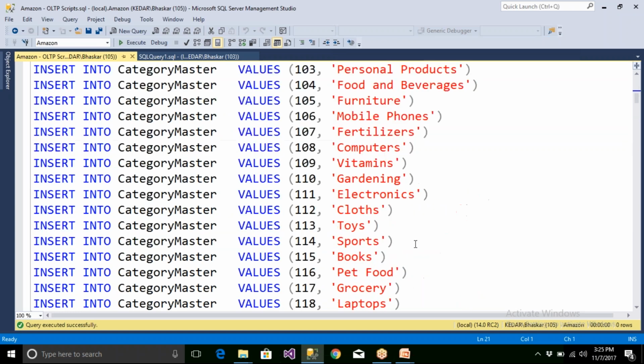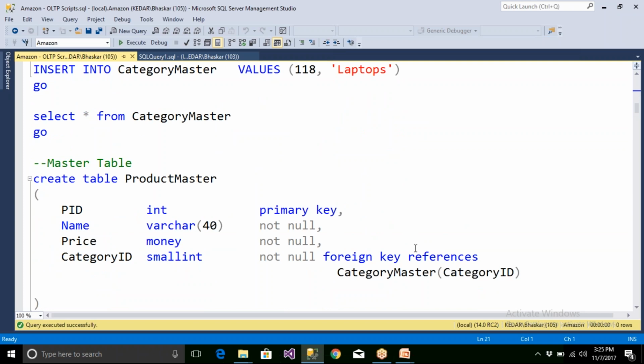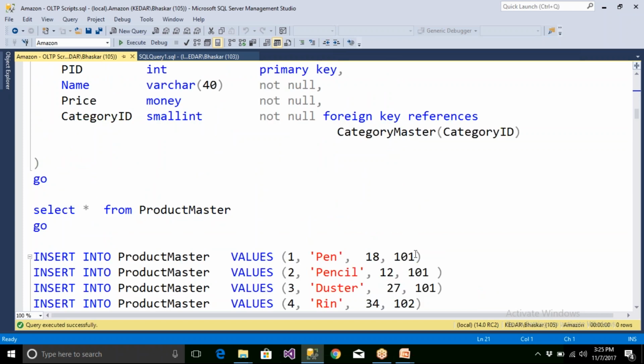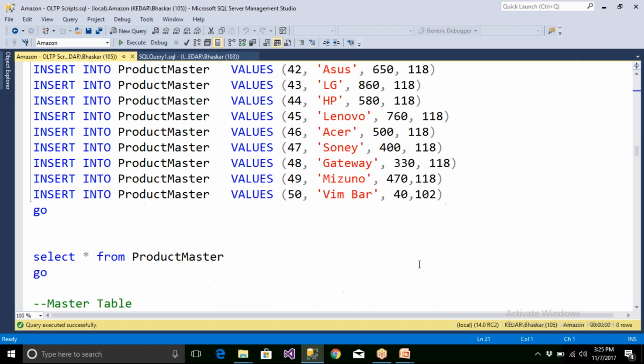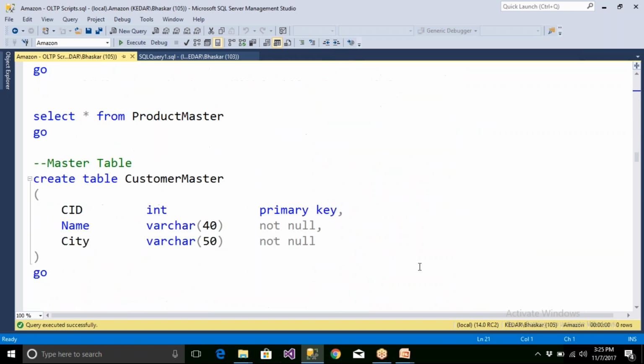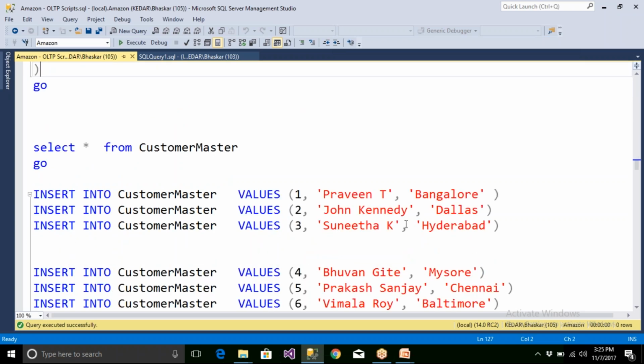Now the next table I'm going to give you is the customer master. It has customer ID, customer name, and the city where the customer registered. I have given the cities like this. The business is going on in two countries, one is USA and one more is India.